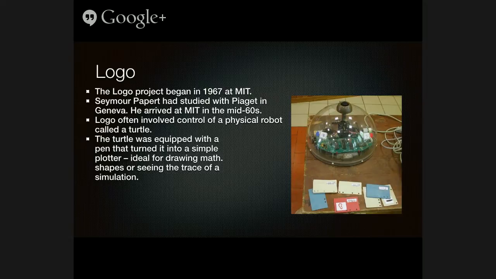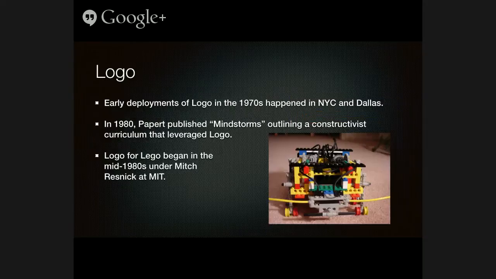Like to have the physical thing there that you can inspect and poke at is very interesting. But anyway, it involved control of this robot and driving it around, and you could learn about math, and you could learn about how shapes get defined and parabolas and things like that. Very successful. It went out into the world in the 70s in New York City and famously in